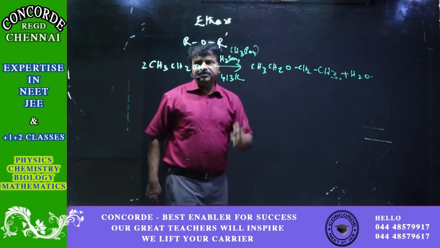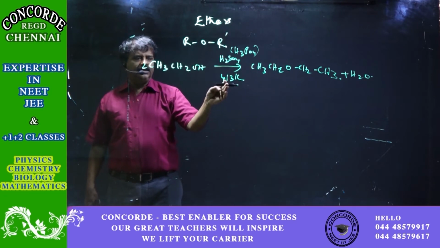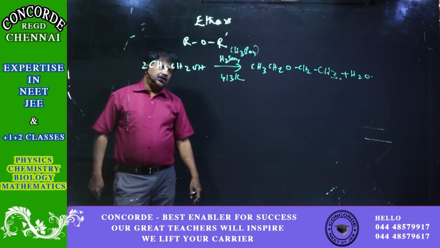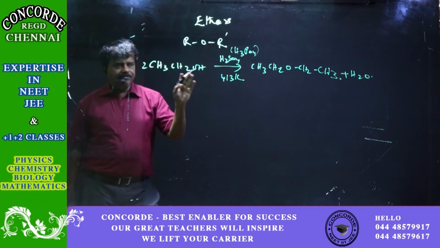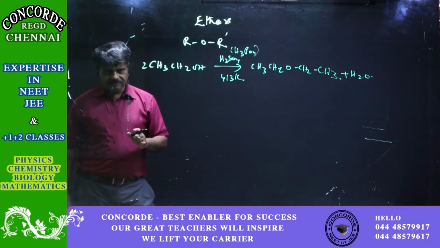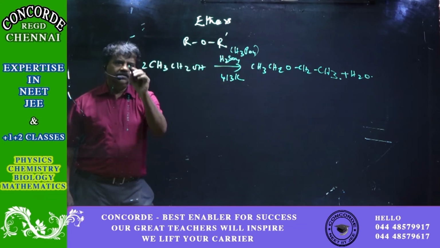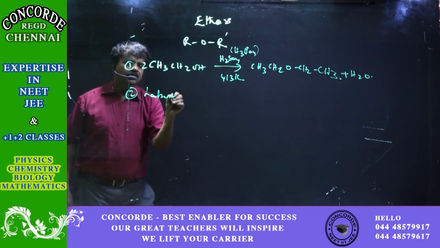So there it is very much temperature dependent. The difference of another 30 Kelvin, if it is at 443 Kelvin, a different product is obtained. So we have to be very cautious in controlling the reaction at a particular temperature. At 443, ethers will not be obtained. This is one method. The laboratory preparation involves